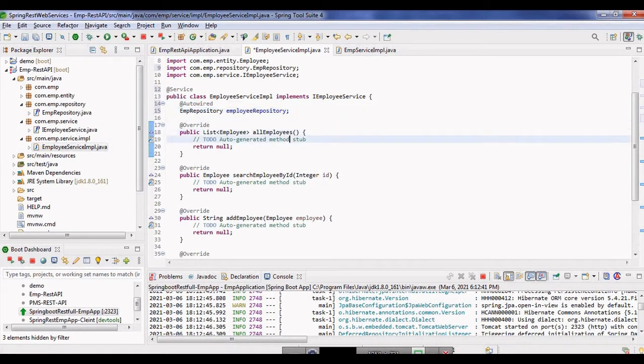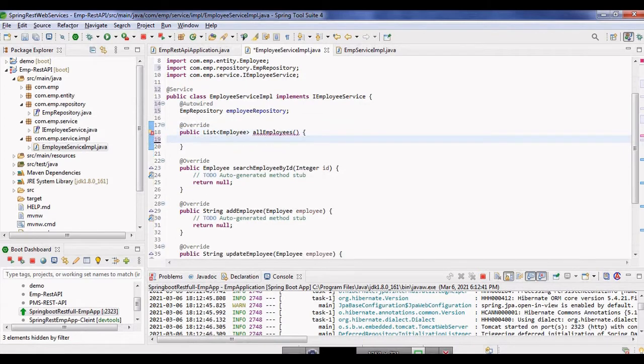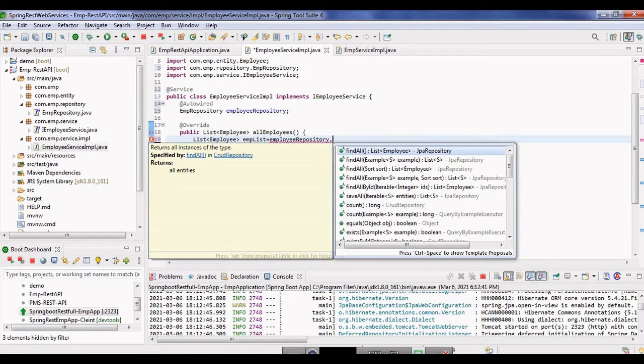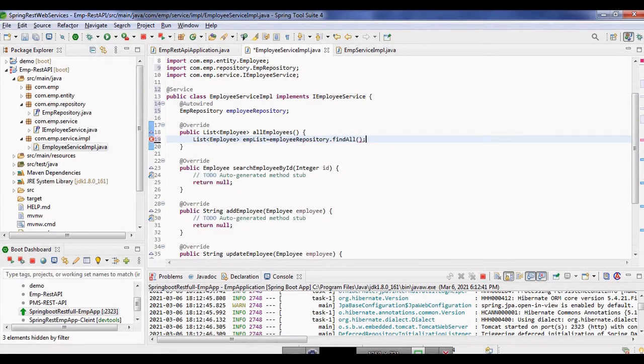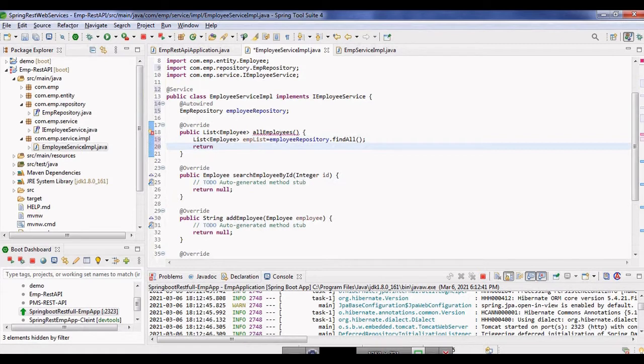I am going to add the code for the method to list all the employees, using the find all method, and simply we are going to return this emp list. That's all in this code I have done, you can see.